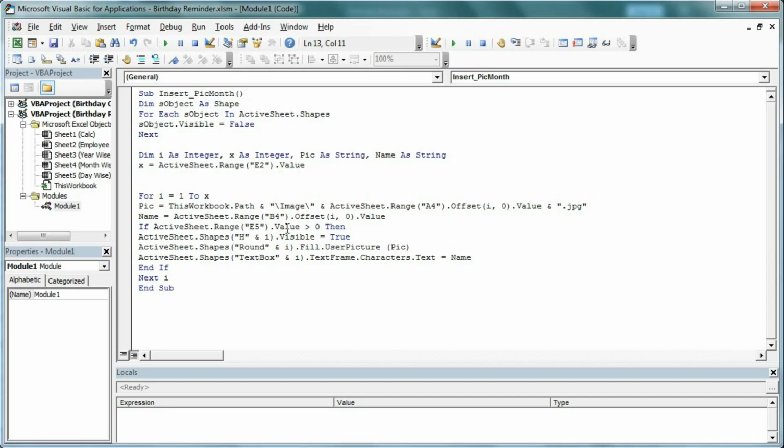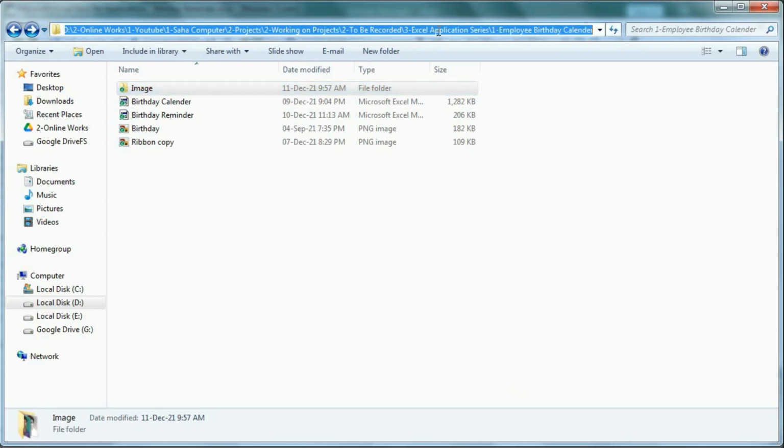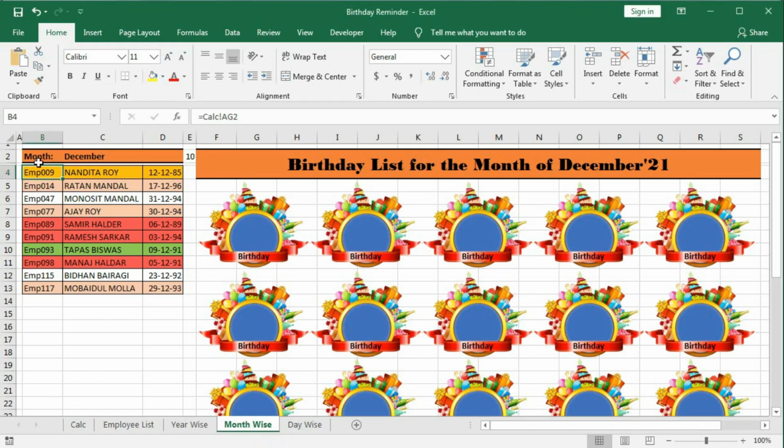So you can see this workbook dot path, because if we want to add this path, this will be very long to type and it will take much place also. So simply this workbook dot path and then the image folder and active sheet dot range A4. So here we have to put A3, then offset 1 will be here.